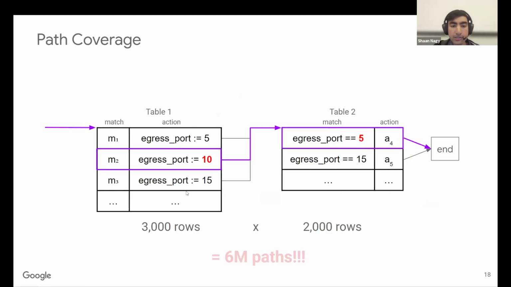Earlier we mentioned that you'll often end up in cases where you set a value and then you match on that value. Just between these two table entries, you can tell that there's no point in pursuing these kinds of paths. Now, in a typical DFS style approach, every time you reach this table, you would re-explore this combination of two table entries, and you would rediscover that they're incompatible.